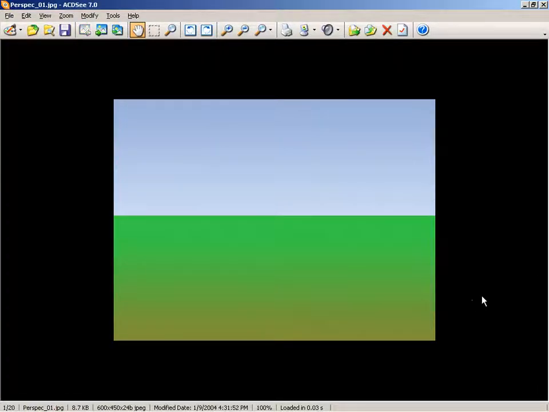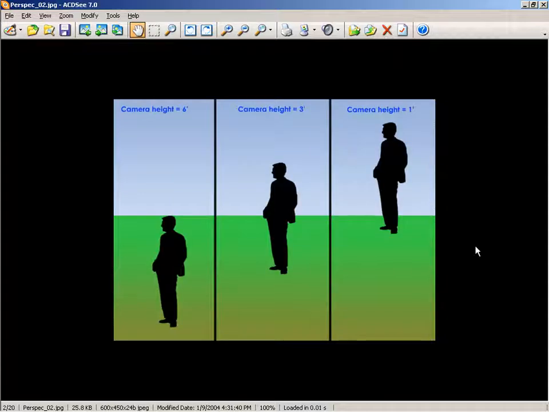objects are. So we're going to start by looking at this little scene here, and all we've got is the sky and the ground. And when we look at this, we don't have any visual reference other than the camera is pointing straight at the horizon. So what we've done here is we've added a man